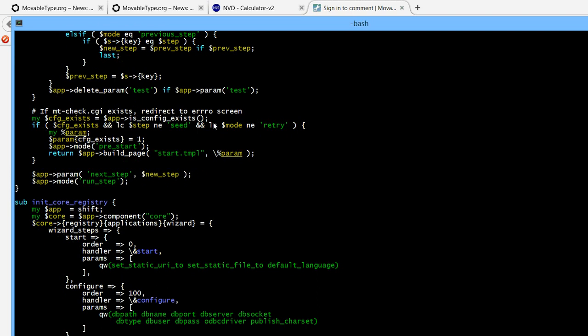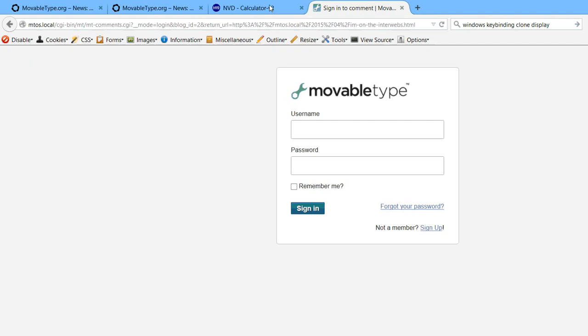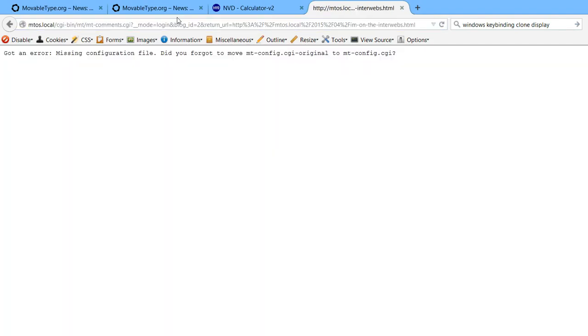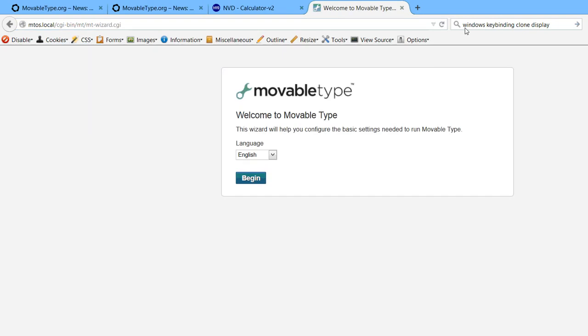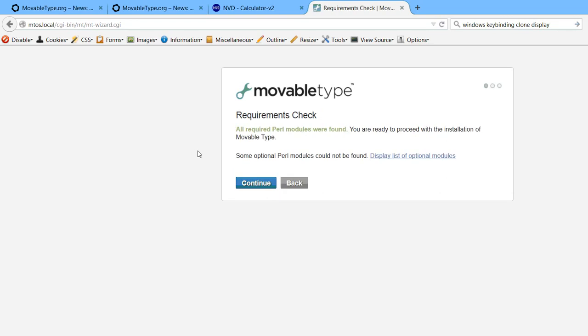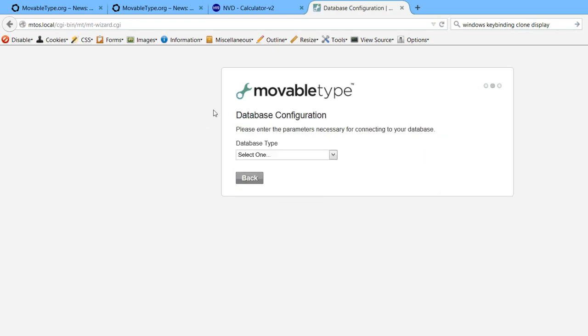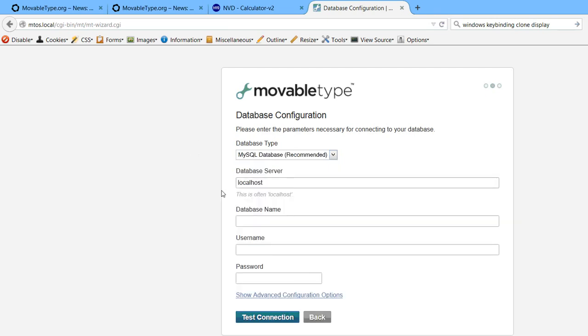Let me show you just real quick. Let's move the empty config out of the way. And if I go back here, there's your missing config. Yeah, that one is not redirecting, right? Okay, but this one is redirecting, right? So I go in here and I'm thinking, I speak English, I have all the modules, I want to use MySQL. Oops, and then give it the database and yada yada. So